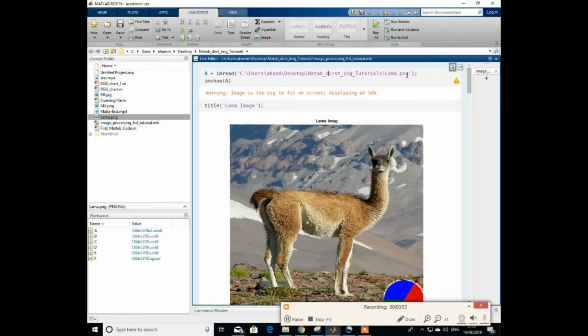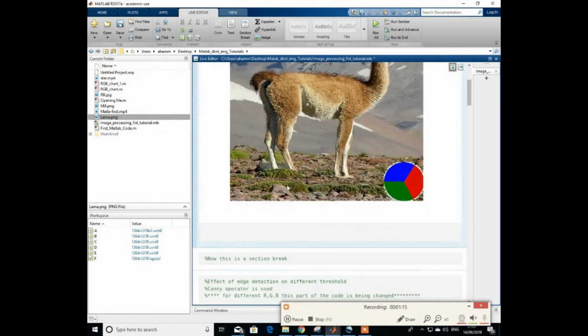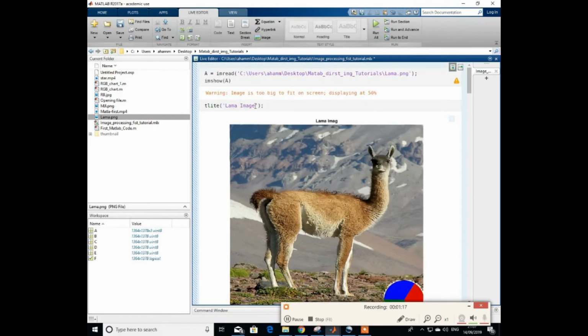I assign a title. This is the code for title. So for any image, we just need to write title. This word can't be changed. But this is the image name. You can assign any name you wish. So this is the full image name. If we edit this, we take the E off. As you can see, if I run this code, so the